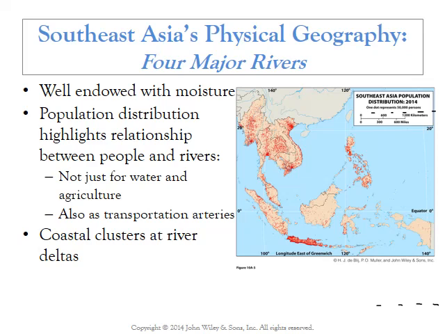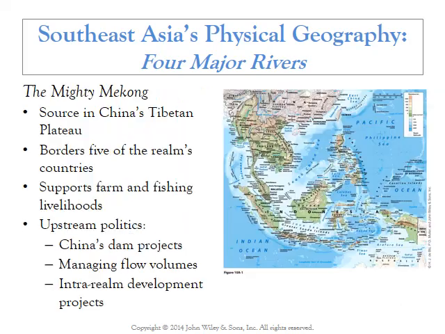A lot of rainfall, ample moisture, plenty of rivers. In fact, rivers that sometimes get too much moisture, so you have flooding issues. But these rivers have become important transportation vehicles for people and for goods. Also, of course, in more modern times, rivers have the potential for producing electricity. Of course, that's always a problem. Everyone lives downstream, and any country that builds a hydroelectric dam can affect the flow downstream as far as the transport of sediment and nutrients, as well as perhaps affecting the fishing further downstream.